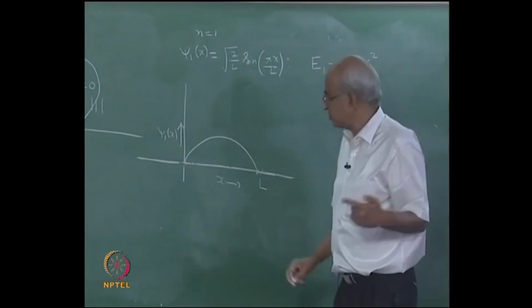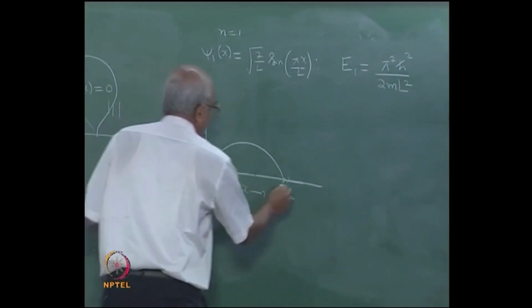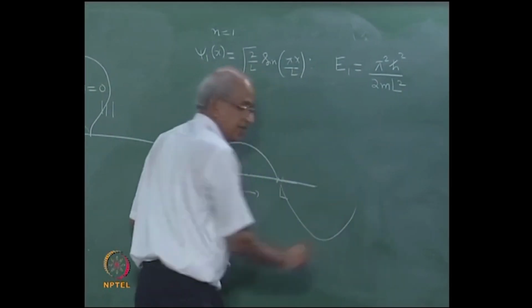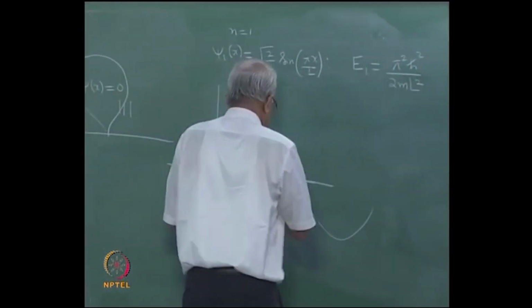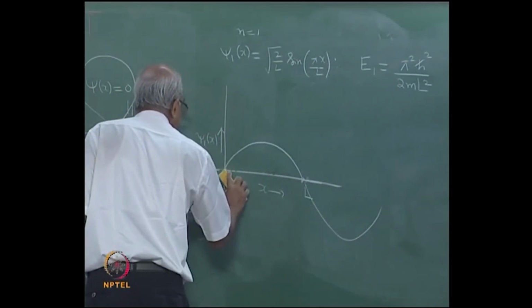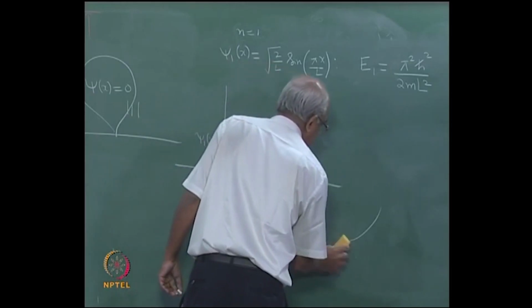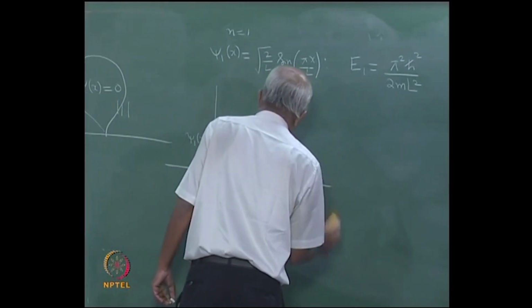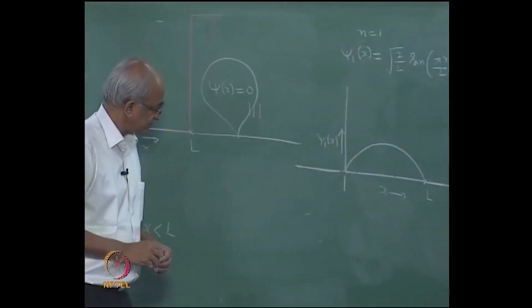So, this is the way, if you represent a sinusoidal curve, it would go like that, correct. This is how a sinusoidal function would look, but all that is happening is that you do not have the other parts, you have just this part. So, this is the wave function for the system. Psi 1 of x would have this behavior,